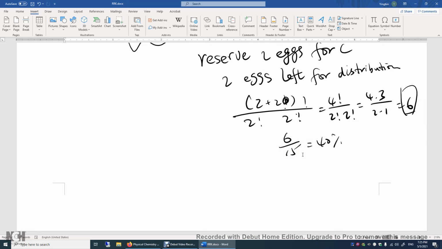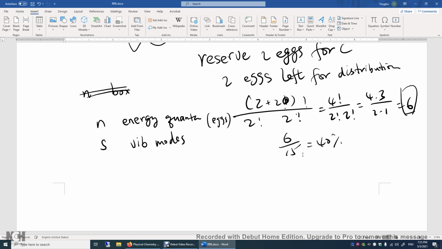So really, if we have, let's say, n boxes, n energy quanta, and s vibrational modes, okay, energy quanta are just eggs. Vibration modes are just boxes. All right, so the probability